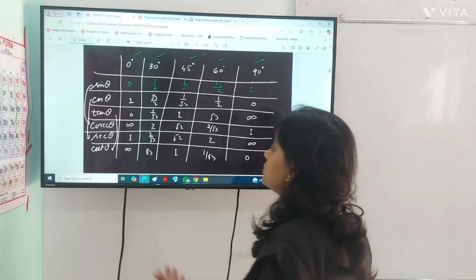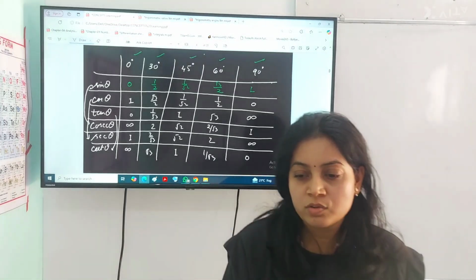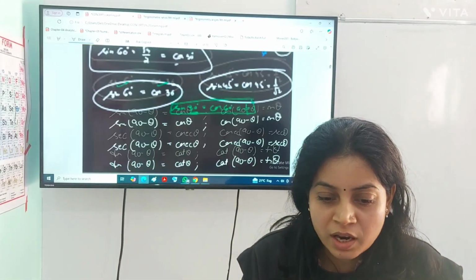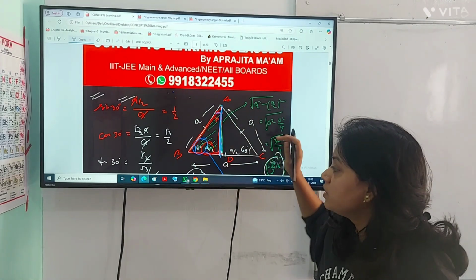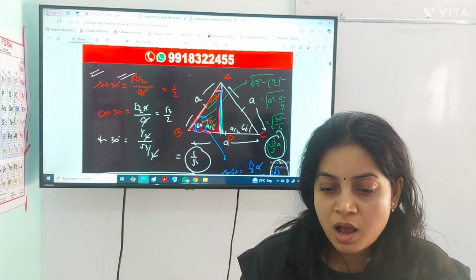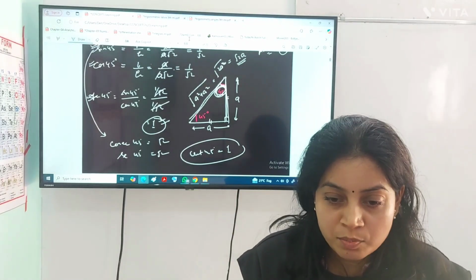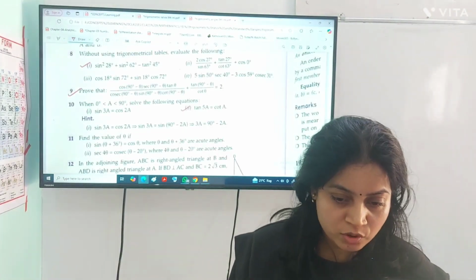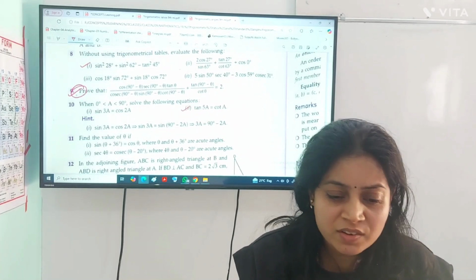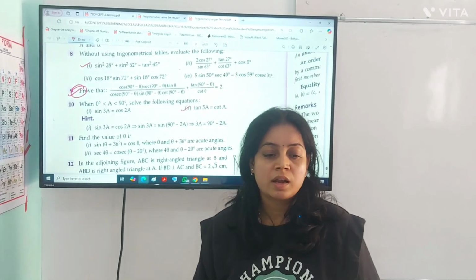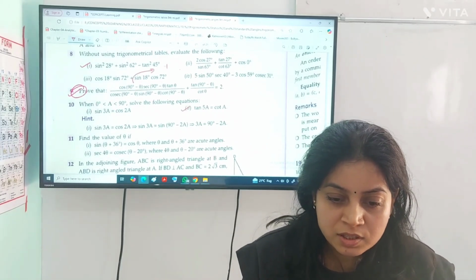So I think at the end you need to learn this thing, because we have to use it directly, but if you know how these values are derived, then that will be simpler for you, as I have mentioned. From the equilateral triangle and the right angle isosceles triangle, I have derived all the values. These things are important, and in the last I will solve some questions so that you can have the complete idea about this. The questions are very, very simple. I am just doing the ML Agrawal last exercise.